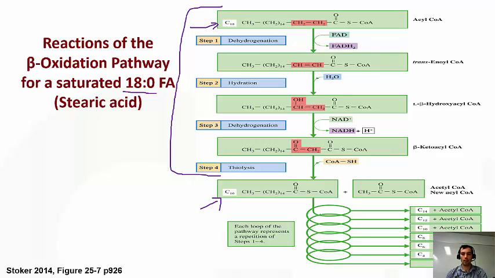So we've shortened our chain by 2 carbons. So every time we do the beta oxidation spiral, we're actually shortening our acyl chain by 2 carbons at a time. So if we do it again, we go from 16 to 14 and we release another CoA. Then the next time we get to 12, etc., until we're all the way down to a 4 carbon compound. And then